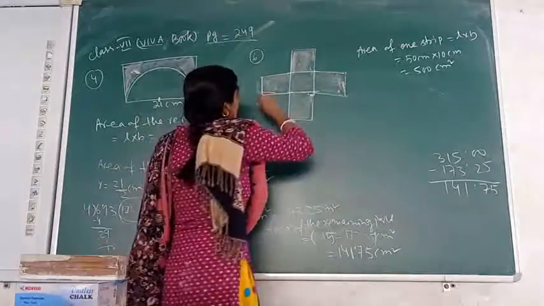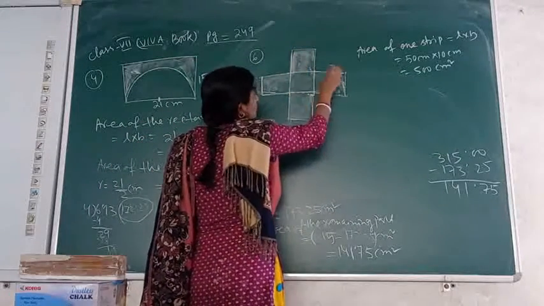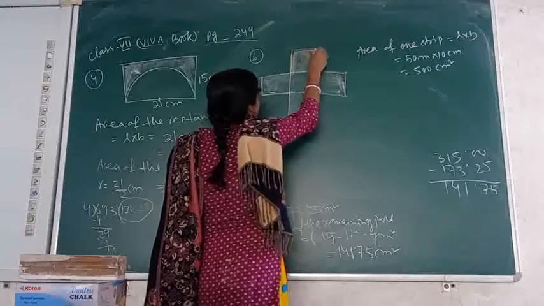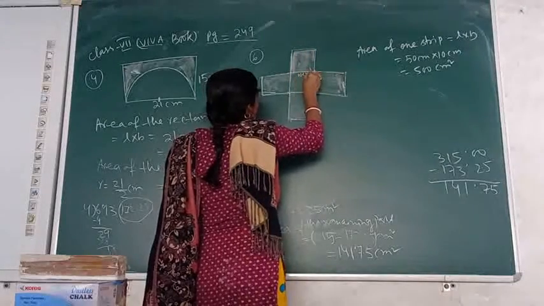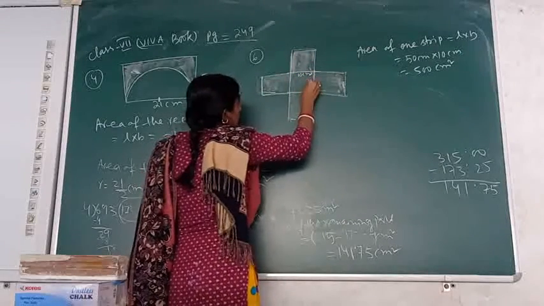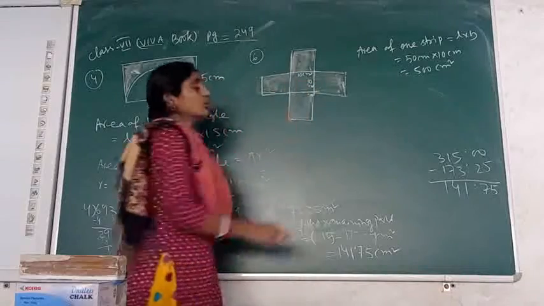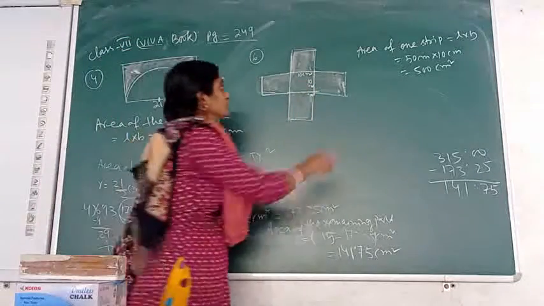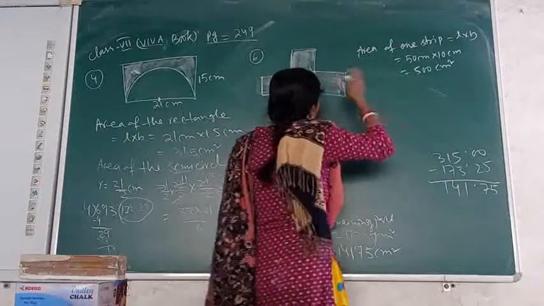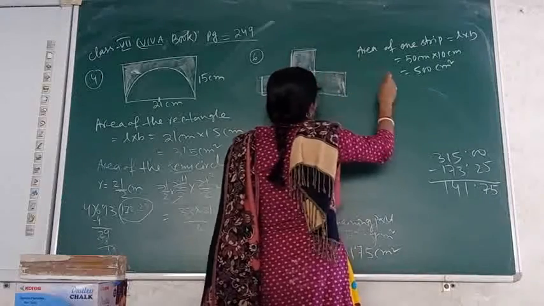Okay, let it be. So length, if I am taking 50 cm and breadth it is 10 cm, that means this side is 10 cm. The same thing is happening, so that side is also 10 cm. So in between what am I getting? I am getting a square. So this kind of two strips will be welded. So the total area, what are we getting?